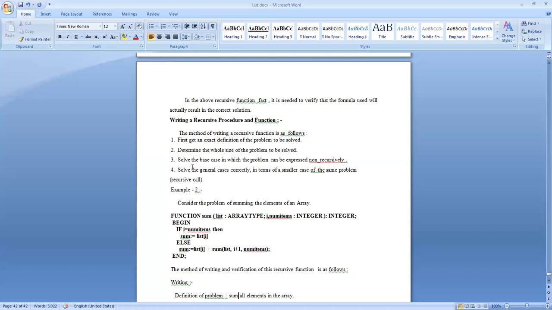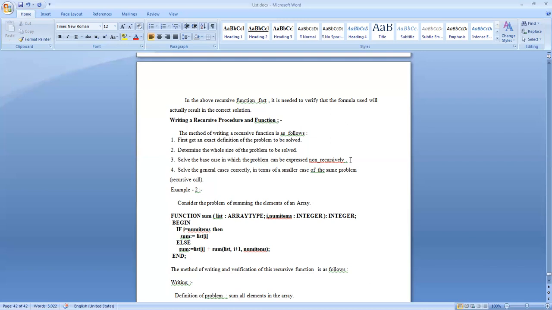And the third one is, solve the base case in which the problem can be expressed non-recursively. That is, ensure that there is a termination condition involved in the solution, in the function. Solve the base case in which the problem can be solved without any recursion.